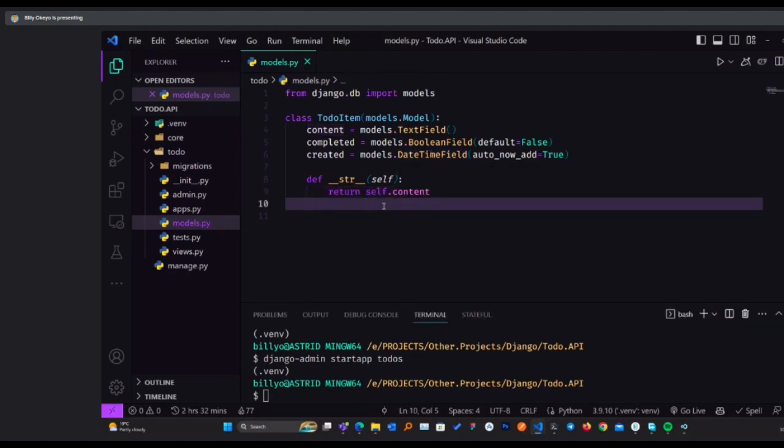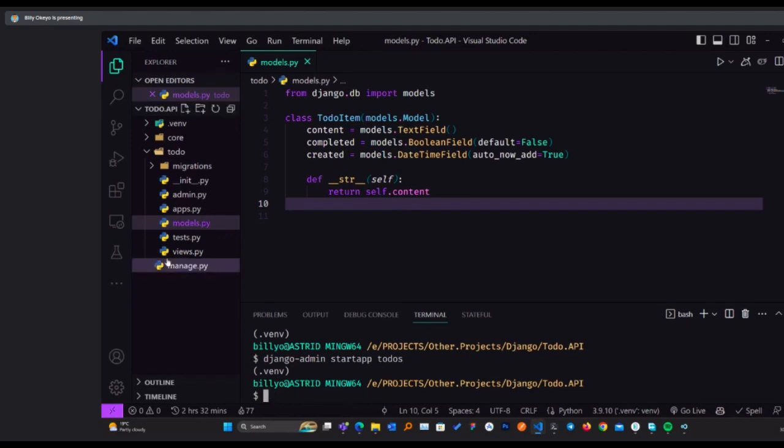Then after saving it, we have to make a migration so that we can commit this to the database. But first, before we do that, we had created the project, but we didn't run the migrations initially. As I told you before, Django comes with the admin panel. So for it to be able to showcase that admin panel, we need to run migrations so that it can pick all those settings that Django comes with, then push them to a DB.